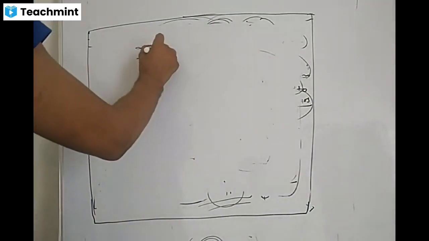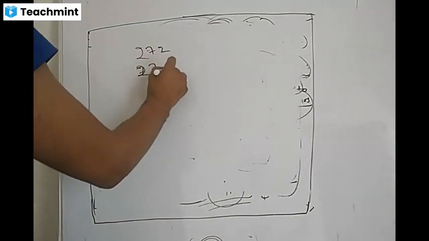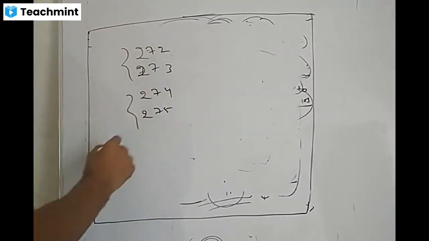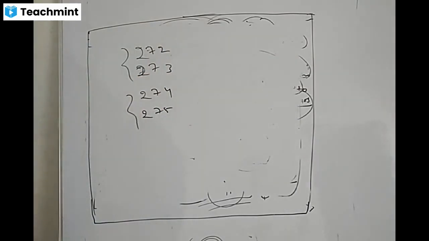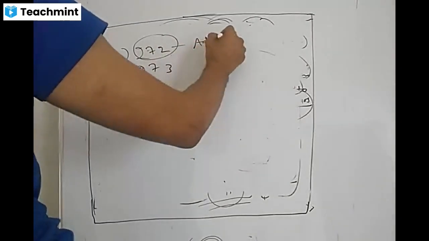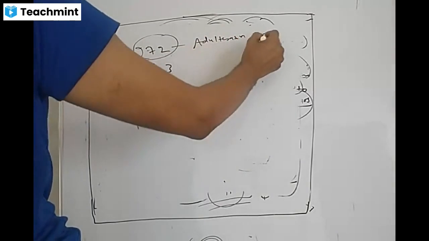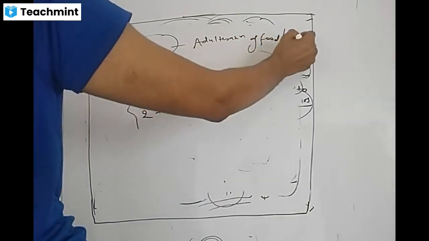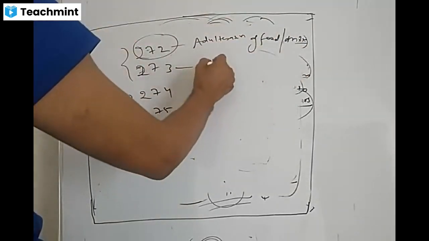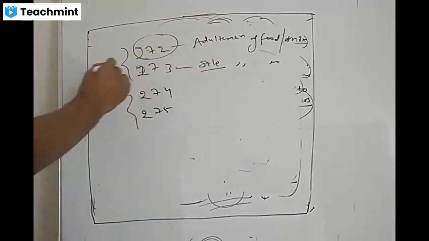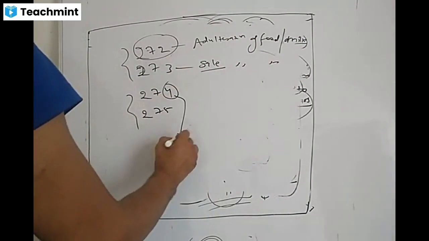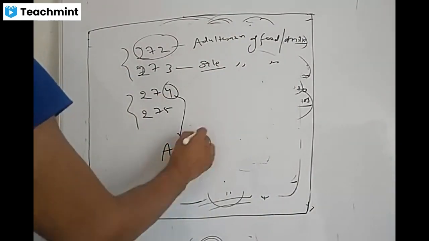Similarly, there are other sections like section 272, 273, 274, and 275. Out of these four, they keep on asking in ICAR exam and other. So this 272 is adulteration of your food, of your milk product. If the same thing after adulteration, if you sell these, that comes under 273.